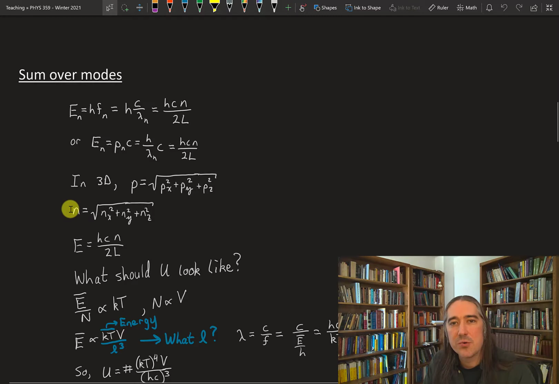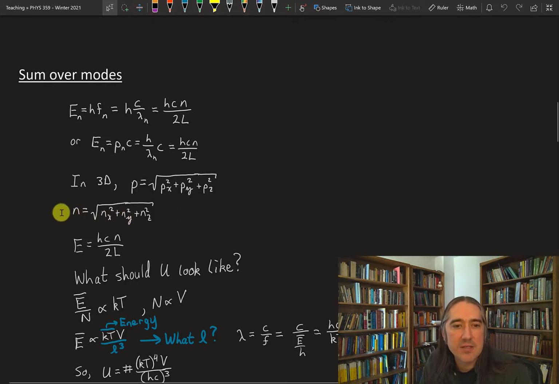What will control the energy, in other words, what replaces the n up here, is just the length of this vector in n space. You can think of n space the same way that we did when we talked about fermions in a box. It's just nx, ny, nz. You've got three-dimensional space. States are represented as the points on the corners of a grid, so integer coordinates, and it's going to be 1/8 of a sphere in the case of 3 dimensions.